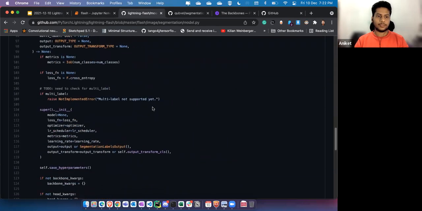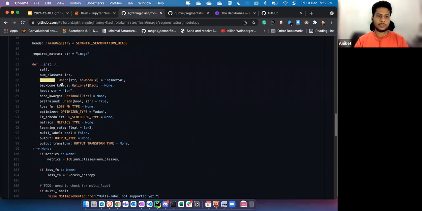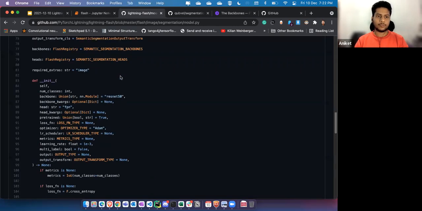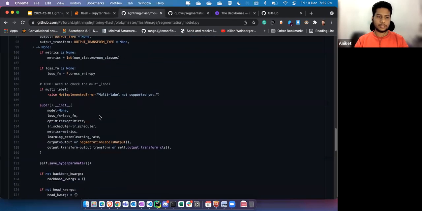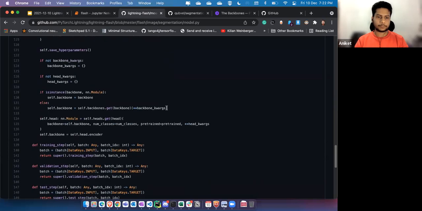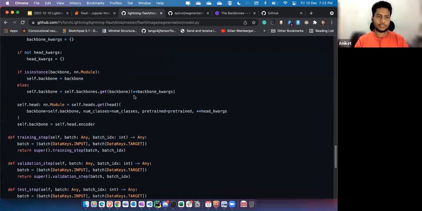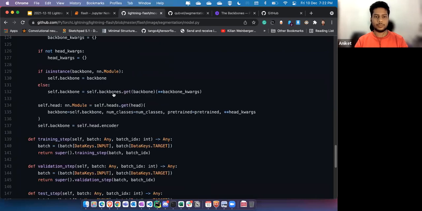Now, the user will provide a backbone such as ResNet 50, and from this backbone we will load the backbone. If we go downward, here we have self.backbone equal to our backbones registry get, the user-provided backbone, which is ResNet 18 or ResNet 50. Then all the keyword arguments of the backbone, if there are any, are passed into this.